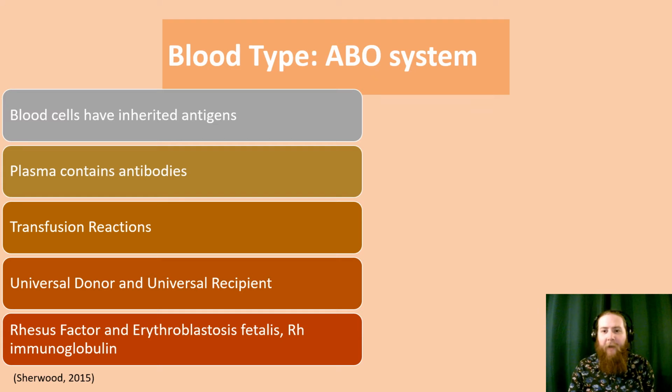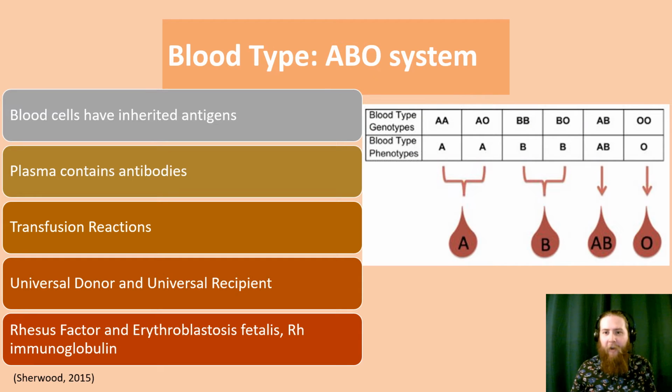When we talk about blood, usually you hear blood type. That's kind of the first question that people ask you when you start talking about blood. What's my blood type? What's your blood type? Your blood type as an individual is inherited. You get a copy of an allele from mom and a copy of an allele from dad. The different alleles and the different phenotypes, so remember phenotype is the physical expression of a gene, are A,